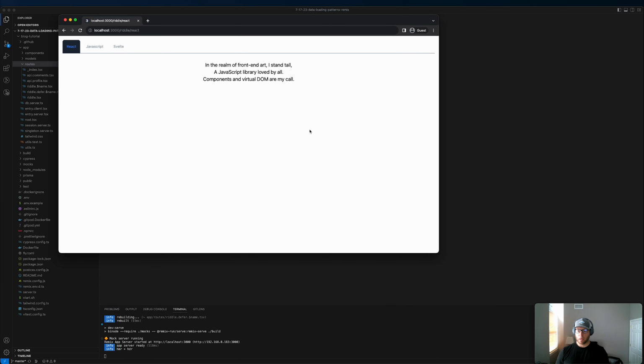All right, today what I want to talk about is Remix and the different loading patterns that are available to you. This tutorial basically assumes that you've got some kind of experience with Remix, or at least a decent experience with web development and React development in general. But essentially what I want to do is walk through the different ways that you can go about loading data in Remix. There is certainly the prescribed way, and there's also a couple other ways that you can load